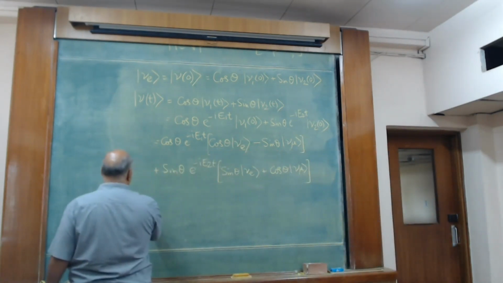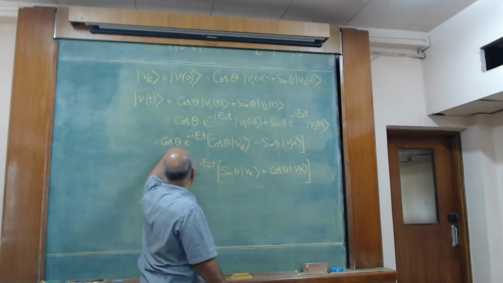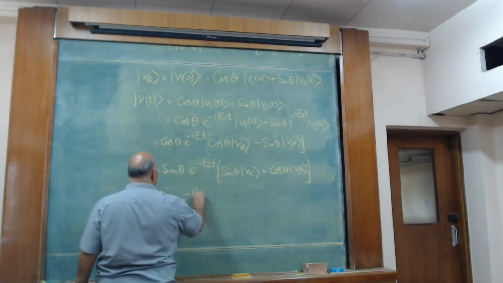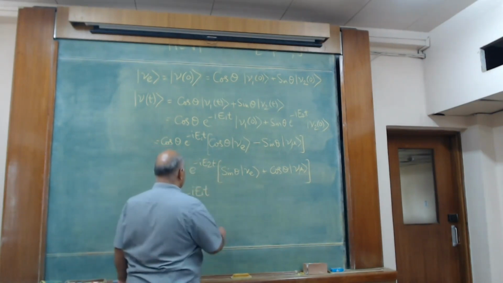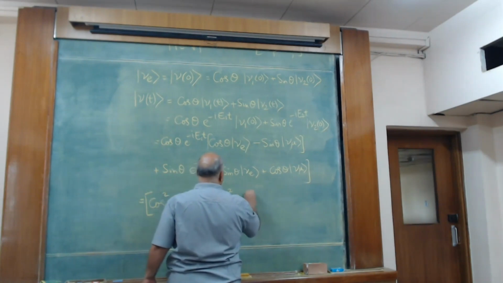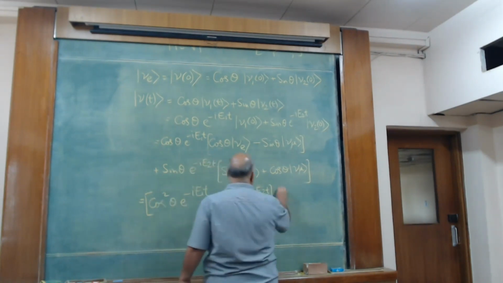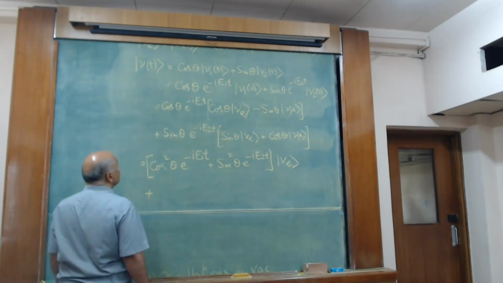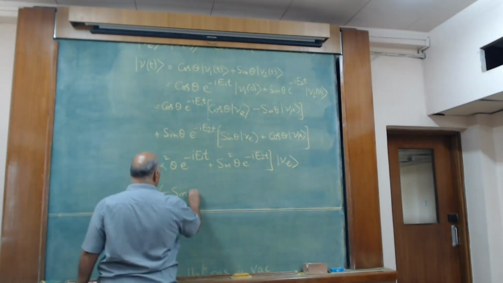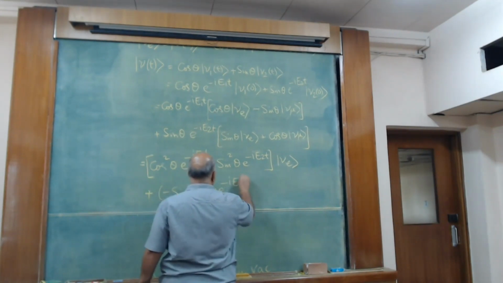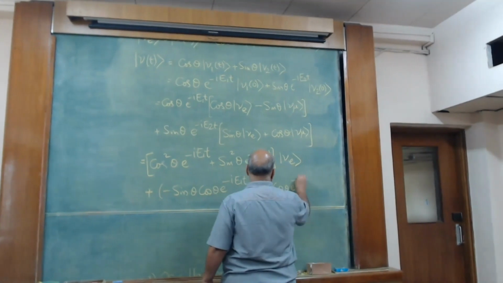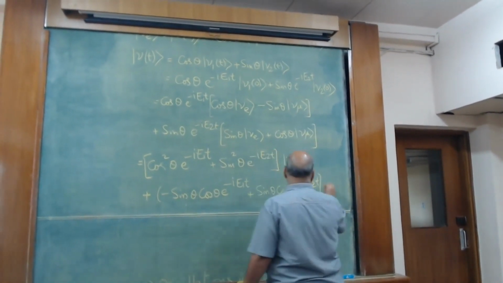So I get the coefficient of nu e is cos square theta e power minus i E1 t plus sine square theta e power minus i E2 t, times mu e, plus minus sine theta cos theta e power minus i E1 t plus sine theta cos theta e power minus i E2 t, times